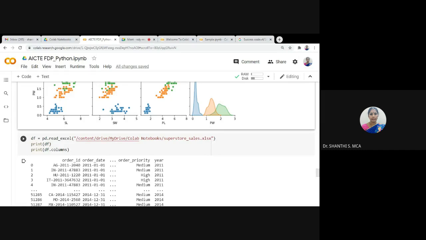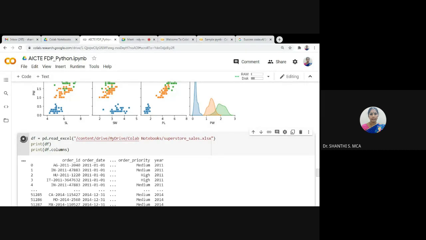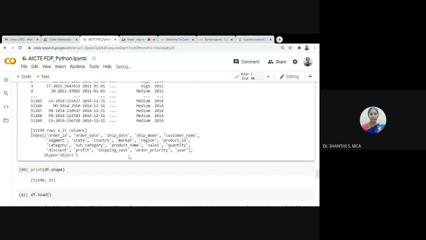Suppose you are having continuous data, we can make use of different types of charts. So here I am using another type of data. It consists of some continuous data. This is information about superstore sales data. So there, daily different products will be purchased. These are all the different attributes in that superstore: order ID, order date, what are all the items ordered, what is the quantity, what is the cost, what is the mode of payment, what is the mode of shipment, everything.